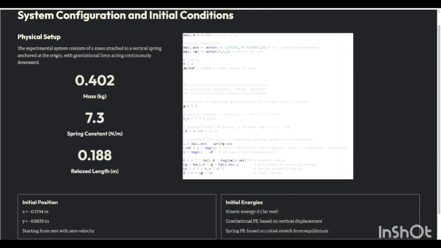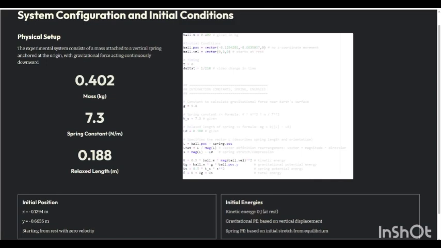The mass starts at x equals negative 0.1294 meters and y equals negative 0.6635 meters at rest, with a mass of 0.402 kilograms. The spring has a relaxed length of 0.188 meters and a spring constant of 7.3 newtons per meter. These values set the initial displacement and forces, and energies are initialized with zero kinetic energy, gravitational potential energy based on vertical position, and spring potential based on the initial stretch,